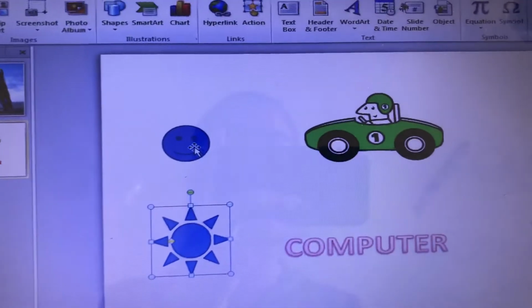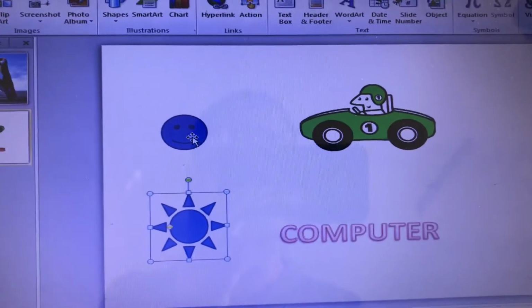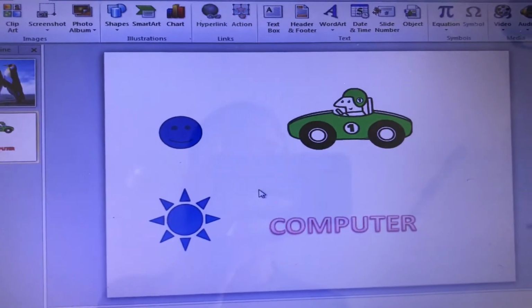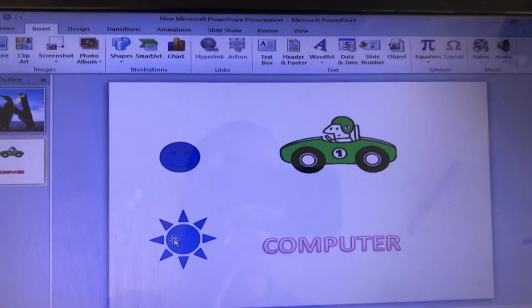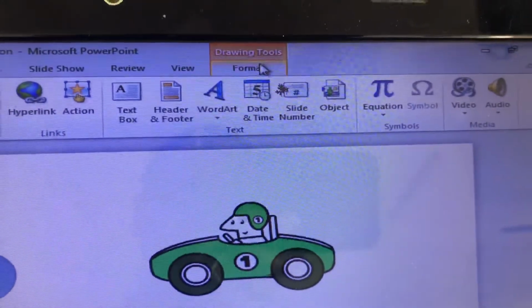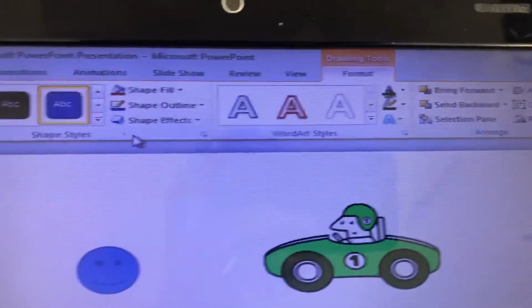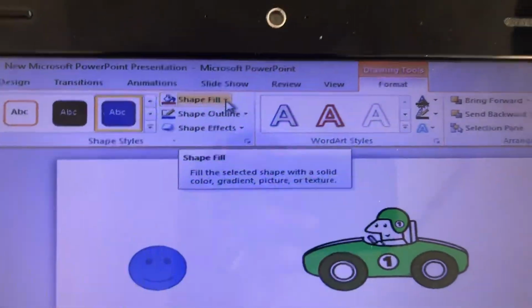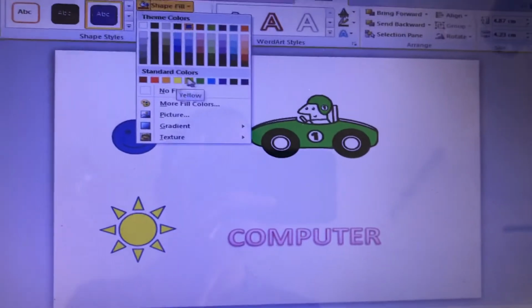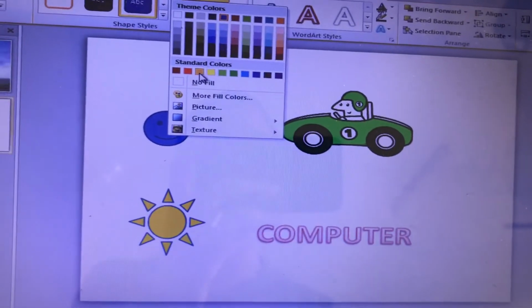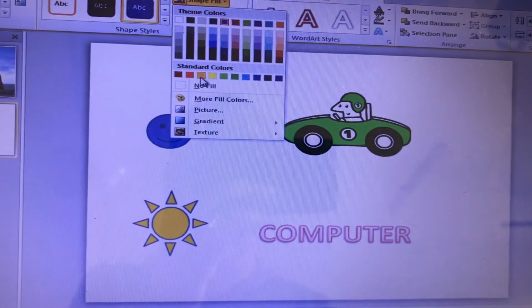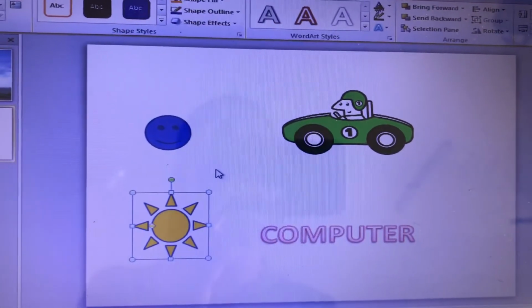And yes, if you want to change the color of the shape, what you have to do, you have to click on it, okay, and then format tab will appear here. You have to click on format tab, and here is a shape fill option. You have to click on shape fill, and then you can select any color for your shape. Okay, let's suppose I'm selecting this yellow or this orange, and it's done.